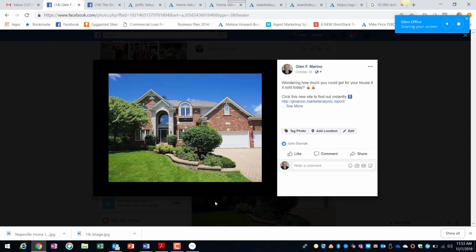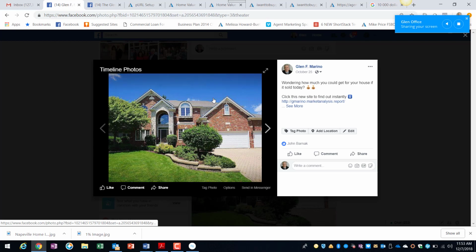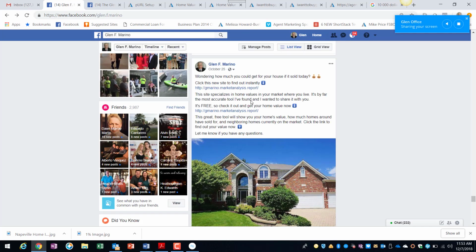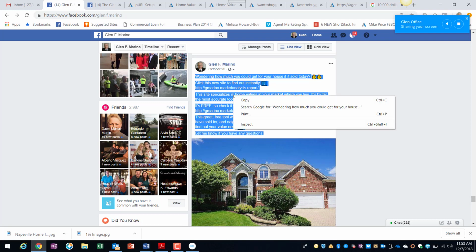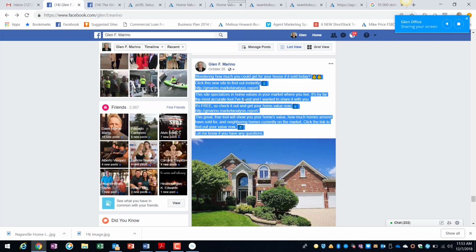Now the next step is I need the text. So what I'm going to do is go back to the post itself, and it starts out wondering how much you could get for your house if it sold today. Click this new site to find out. Go all the way down to "let me know if you have any questions." Copy it. Then let's go to